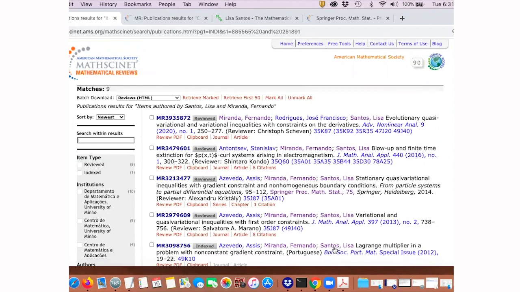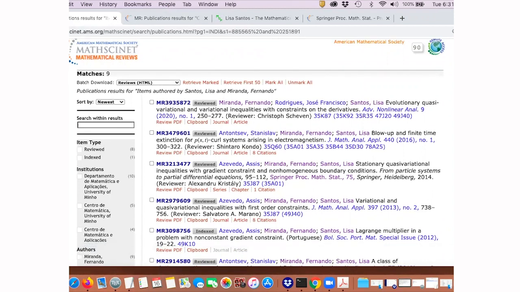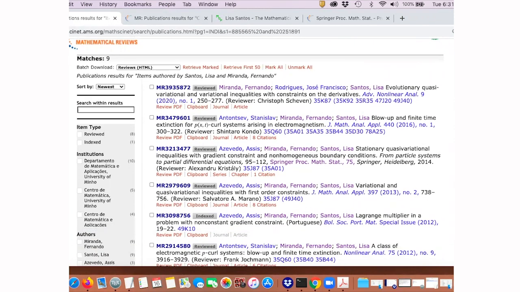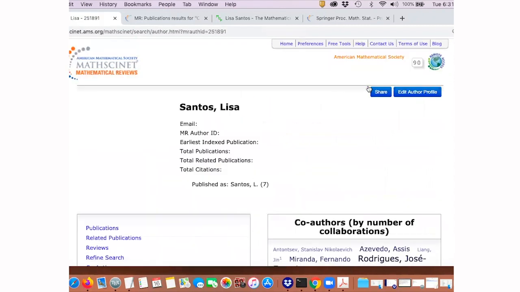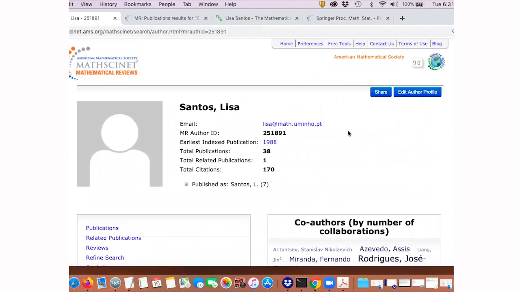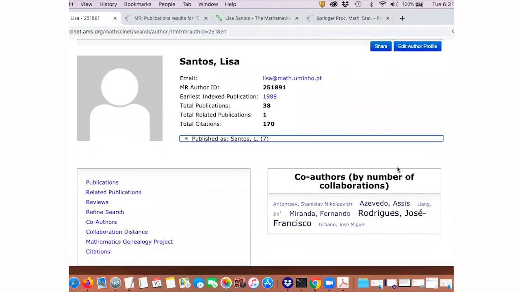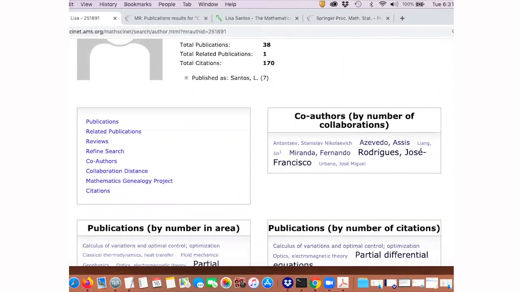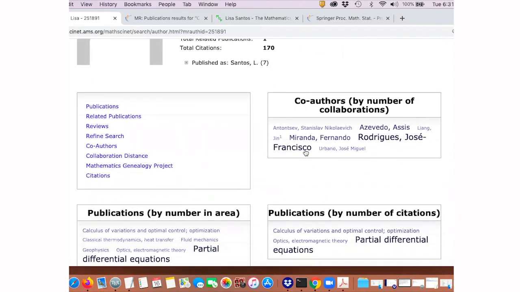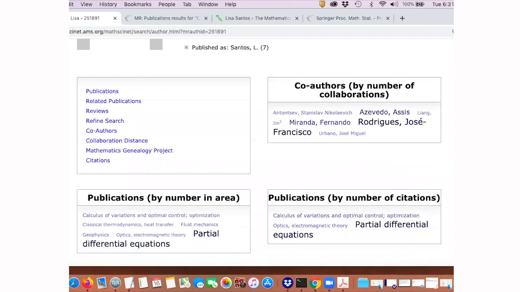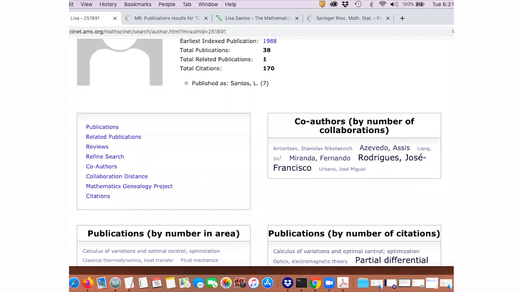Lisa has done that, so when I click on that, I get all the papers that are co-authored between her and Fernando. And if I click on her name here in this first entry, or anytime it appears, that will pull up her MR author page. And you'll see that she has her email address listed. And if she wanted to, she could also include a web address here, as well as a picture. And likewise, we see here's her co-authors, the same type of information that we had before from Fernando Miranda's